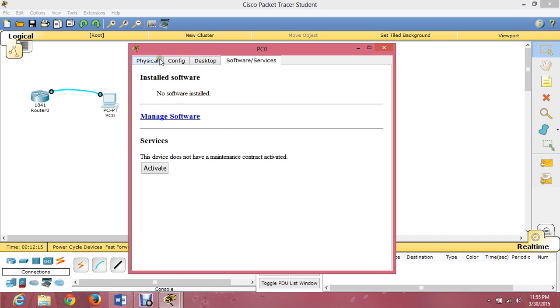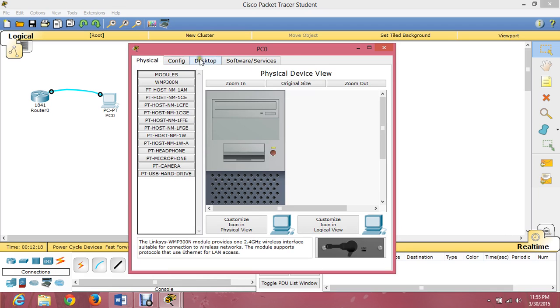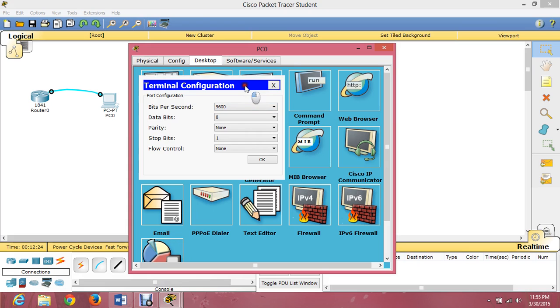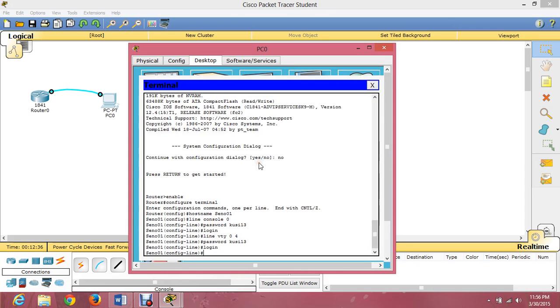But firstly, we just use the terminal configuration. Just click it and the system will display the terminal configuration. We will not change this configuration. Just click OK. We enter the CLI configuration of the terminal.